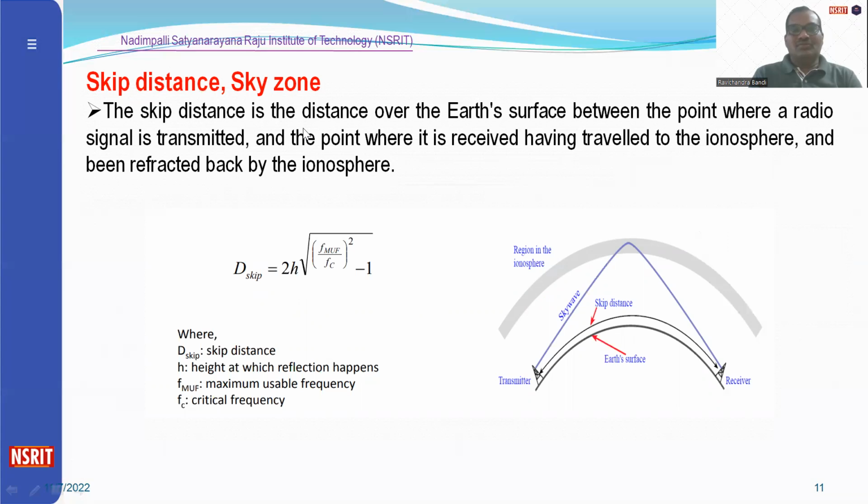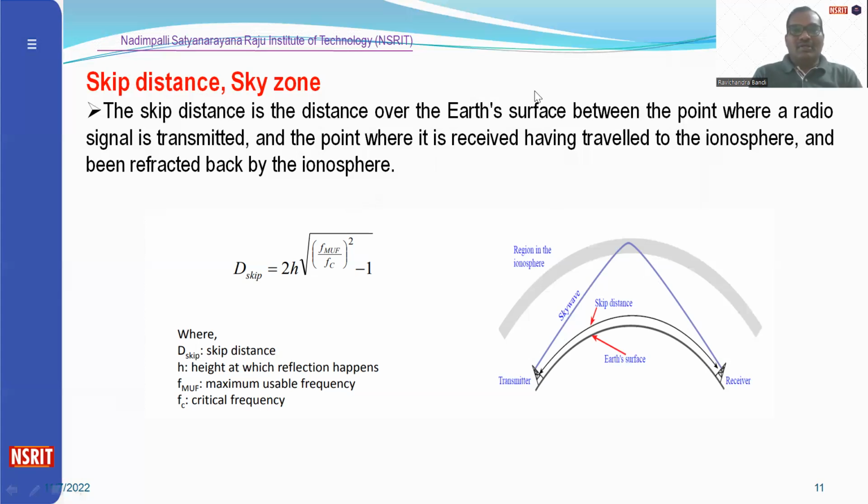The skip distance is the distance over the Earth's surface between the point where a radio signal is transmitted and the point where it is received, having traveled to the ionosphere and been reflected back. Not all the transmitted waves will be reflected back from the ionosphere. Only some waves which follow the required criteria are reflected back. The first wave that reaches the receiver through the ionospheric region, that distance is known as the skip distance. The mathematical expression of d skip is given as 2h